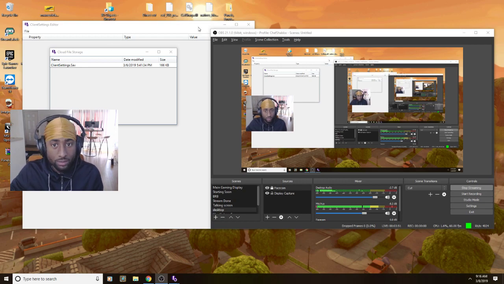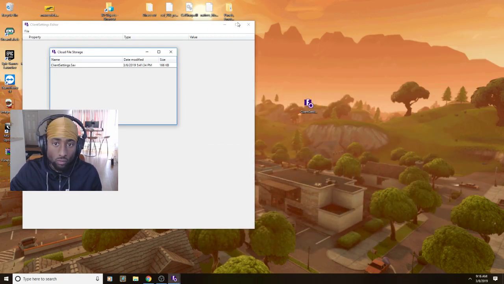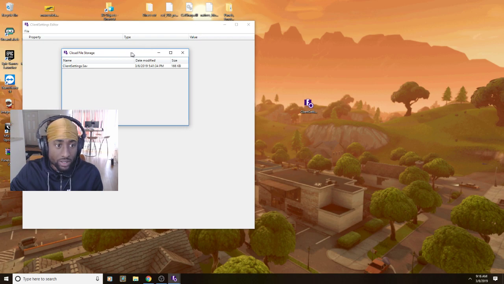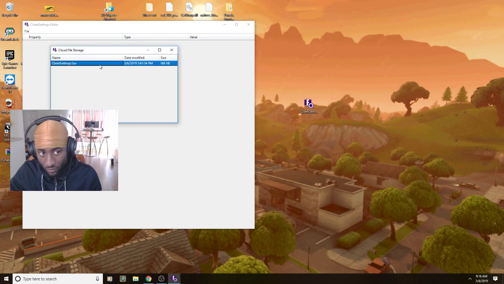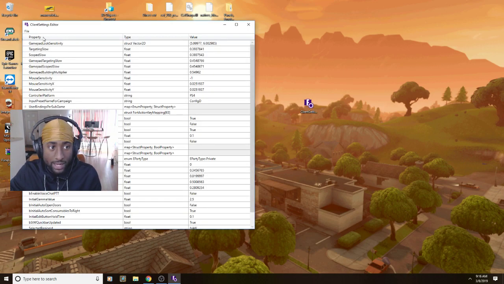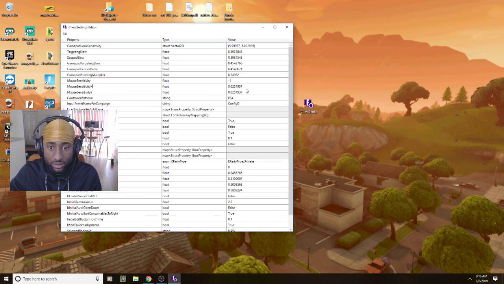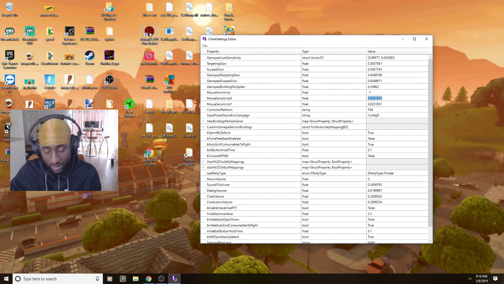All right, once you've logged in, you'll be on this screen here. You'll have this open here. These are your client settings for Fortnite, on the account that you log into. You're gonna double click that, and it's gonna open up all of this information here. This is all Fortnite settings. So you're gonna see your mouse sensitivity X and your mouse sensitivity Y. These are your sensitivities for Fortnite. This value here is the number that you're going to input into Kovaak's,